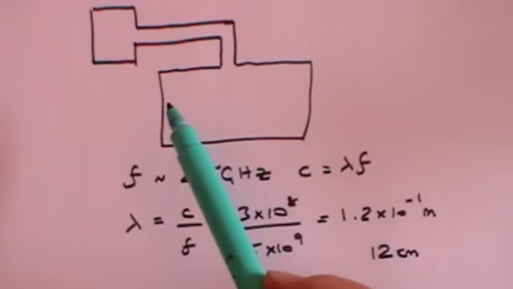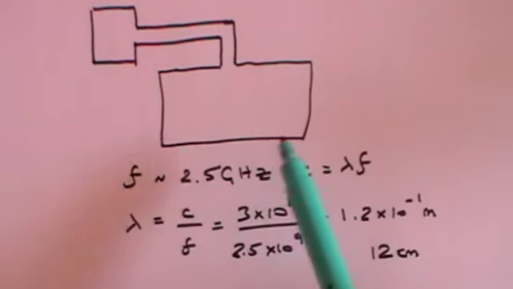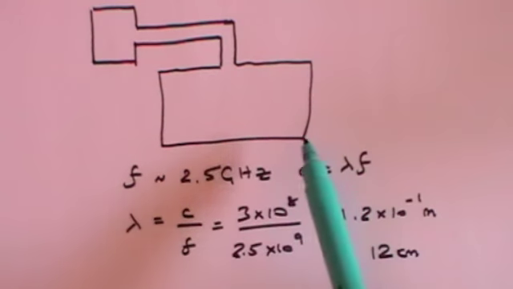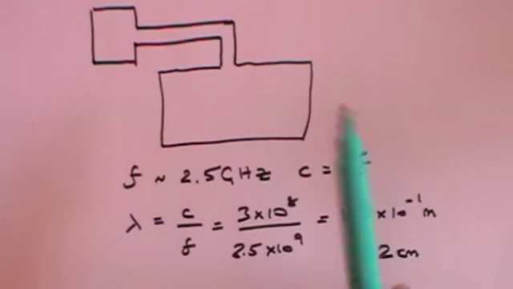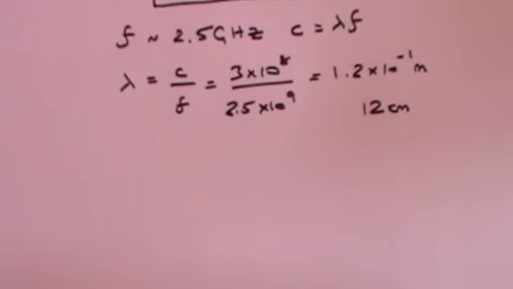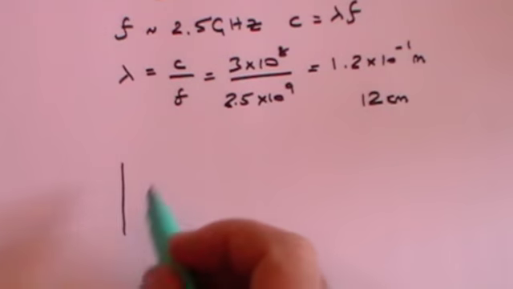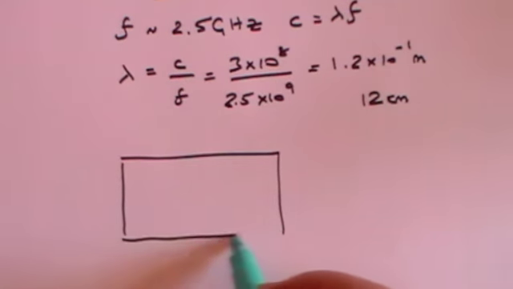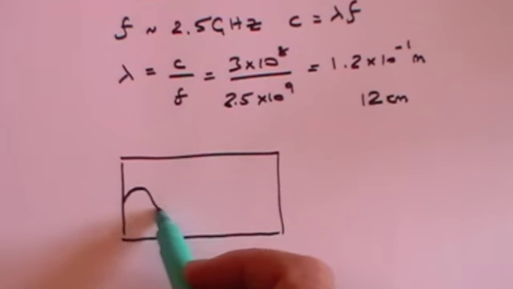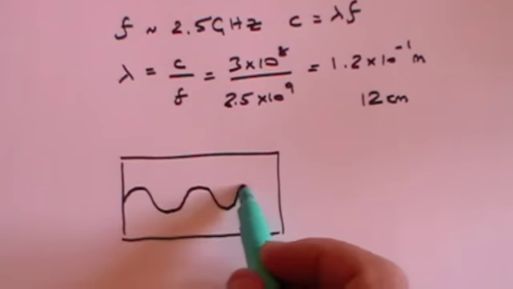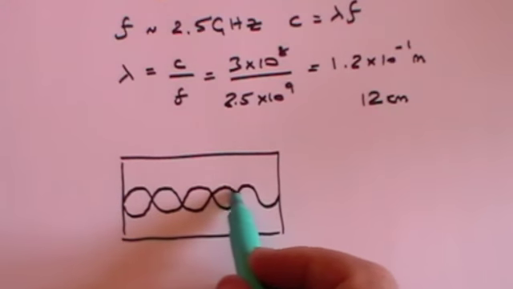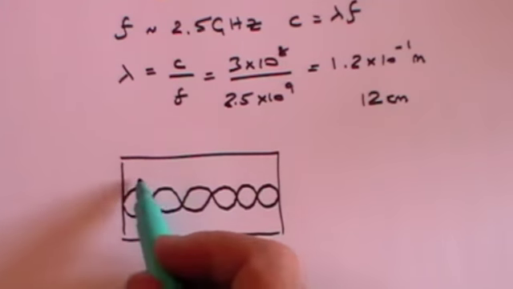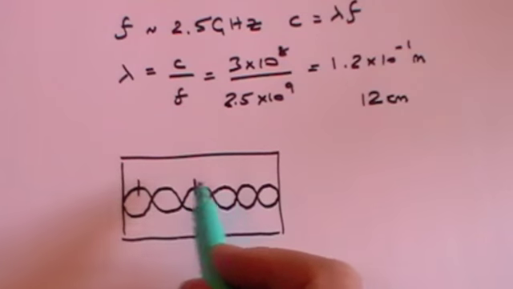And what they do is since these are metal sides to the oven, they will reflect off of the sides of the oven and form standing waves. So let's draw the oven. Here's the oven. Here is the radiation, which is bouncing off the walls and forming standing waves. This distance is one wavelength,